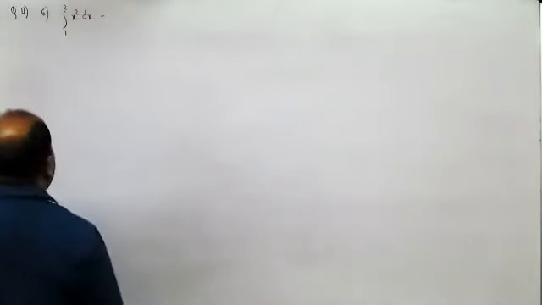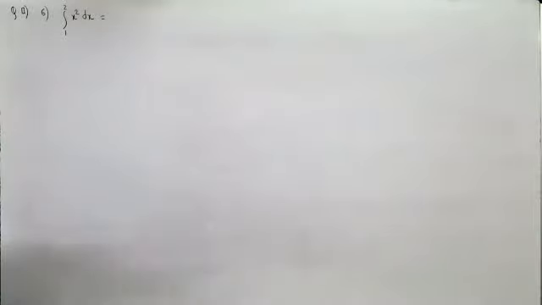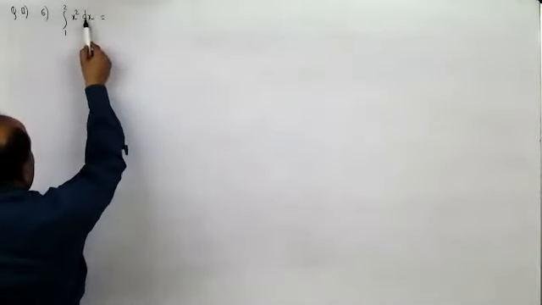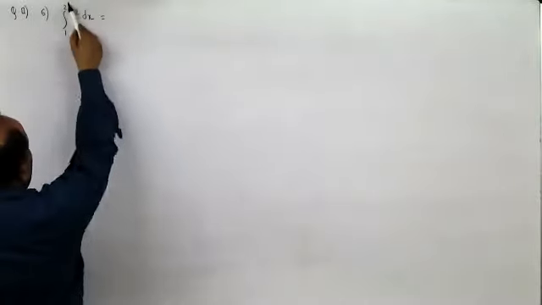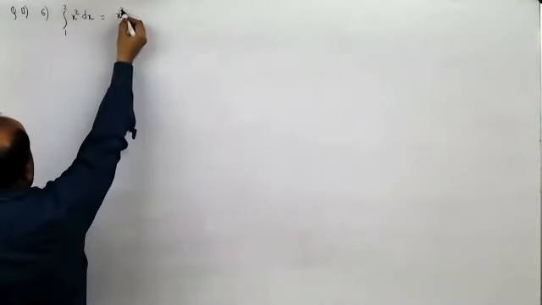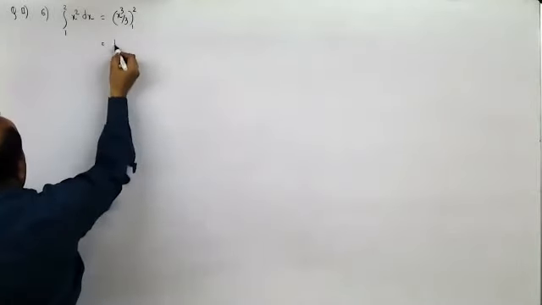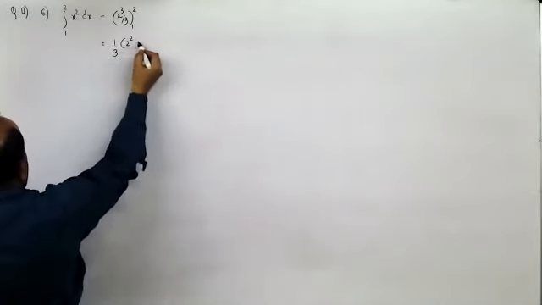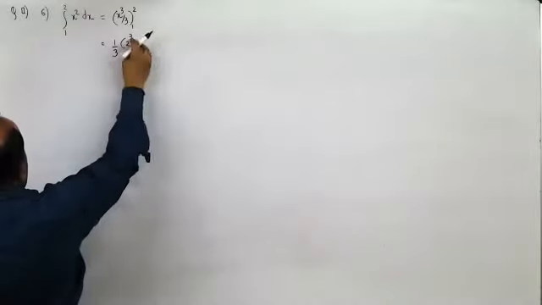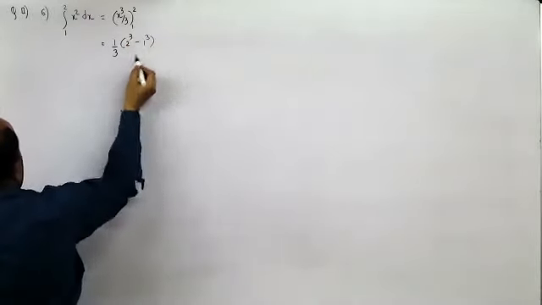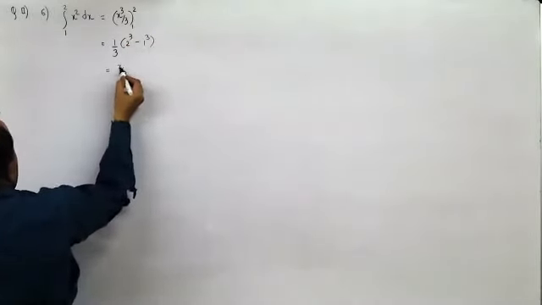1 to 2 x squared dx. Now what you can do over here is, since this is definite integration, this limit would be in terms of x. Now this is x cubed by 3, 1 to 2. You take 1 upon 3 out. First take 2 square, 2 cube minus 1 cube. So 8 minus 1 is 7 upon 3.